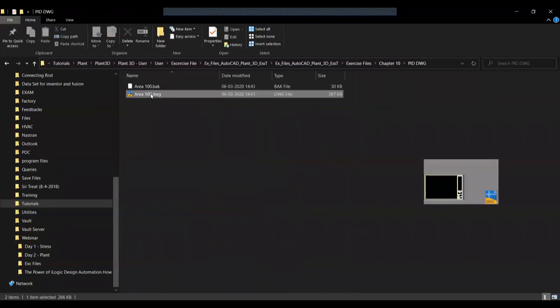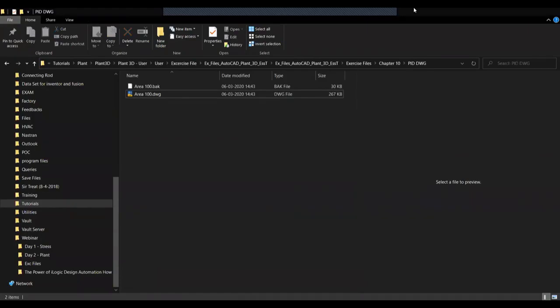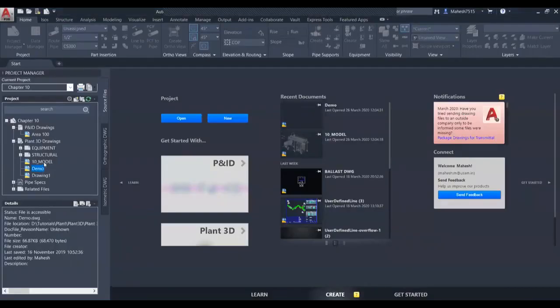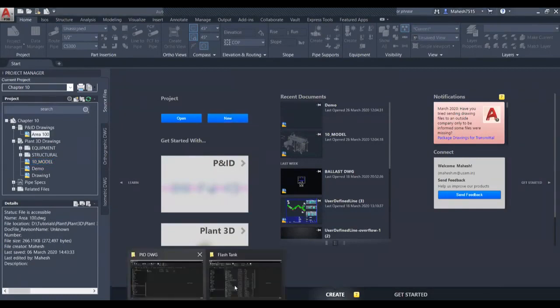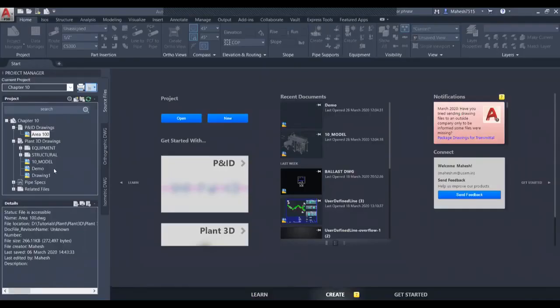In case you're renaming your files here, it won't appear in Plant3D, and the relationship between the drawing and the location of a file will be missing. So it's not advisable, or you shouldn't rename or remove a file through File Explorer. Folder creation, everything has to be done here.